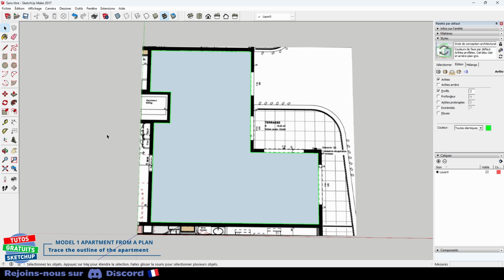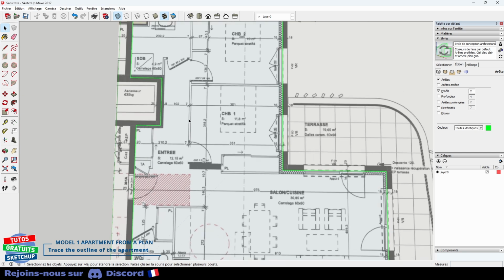You have to be careful because there is a dimension that goes from this edge to this one, so I am going to go transparent. This is the sum of all these links. I check. I will adjust it if it is not the right dimensions. I'm at 487.2. I should have 484. To correct that, I'm going to select my edge here. I take the Move tool. I move to the right. I click and type 3.2. This time, we have 484.